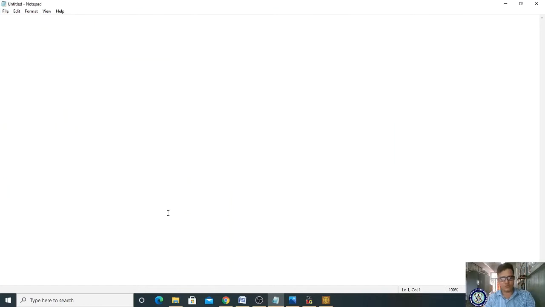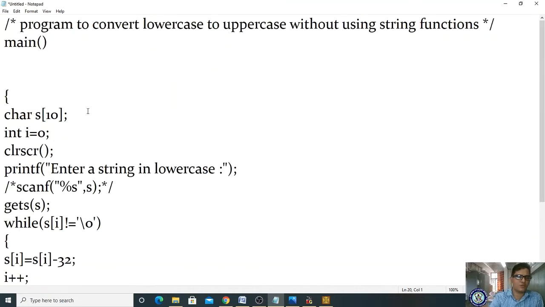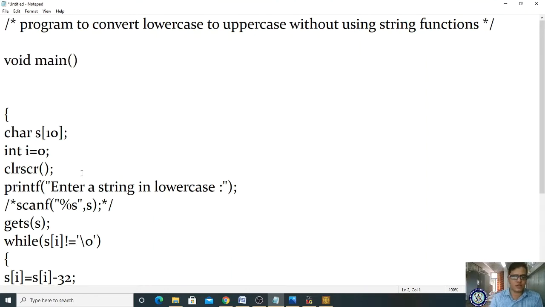We are converting a string into uppercase as well as lowercase without using the strupr and strlwr functions.